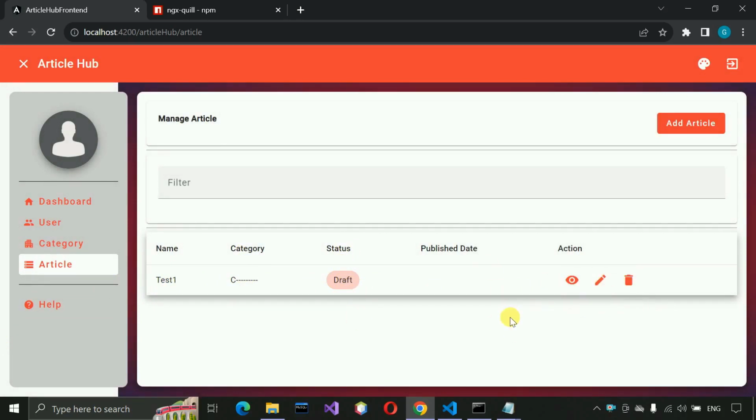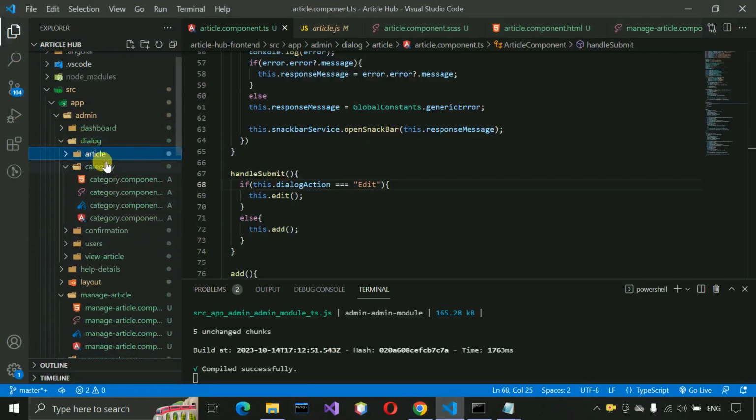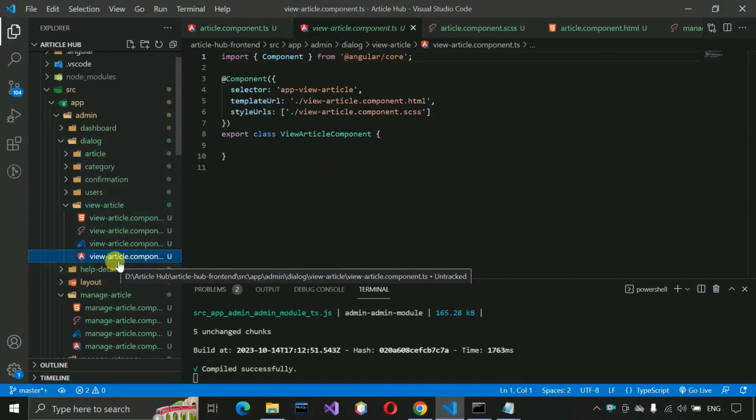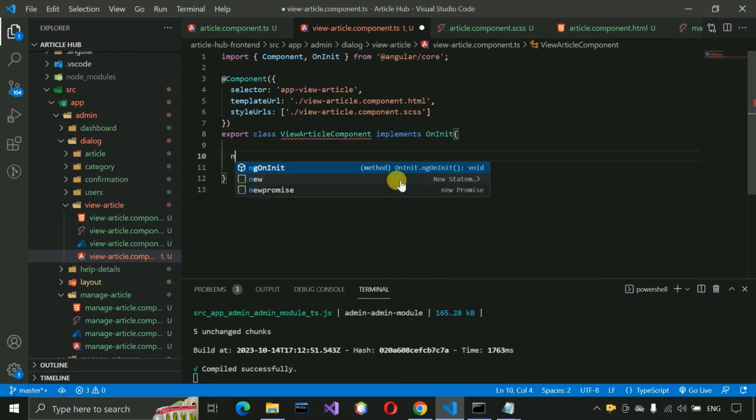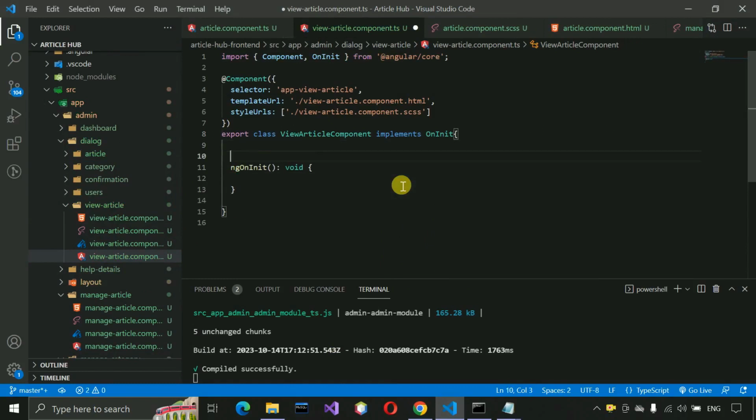Now after fixing those issues, we have to write the code to view the article for this button. So just get back over here. Now we have to go to the view article, and in this we have to go to the component.ts, and then we have to implement OnInit, then ngOnInit, and here article, we are expecting any one article. That data we are going to get over here, and then we need a constructor,